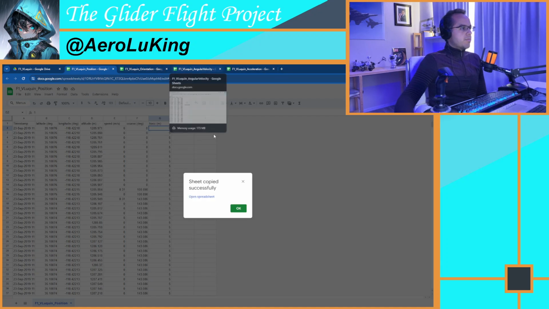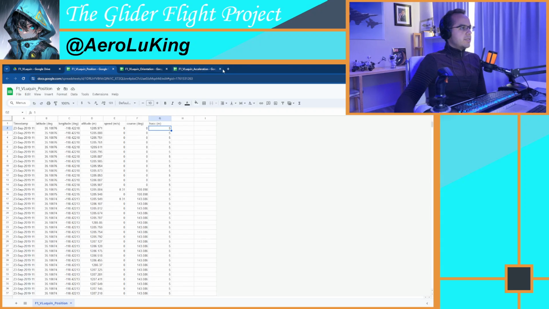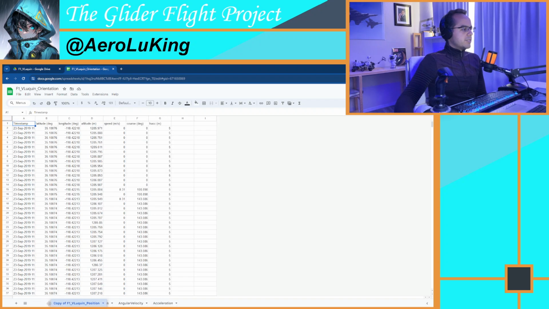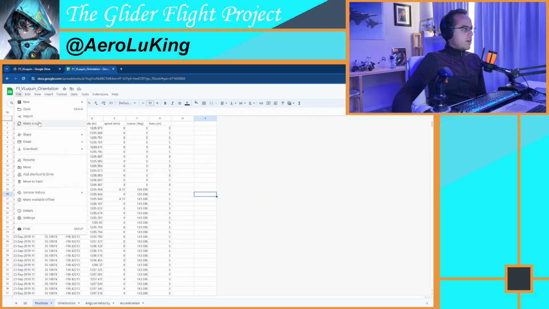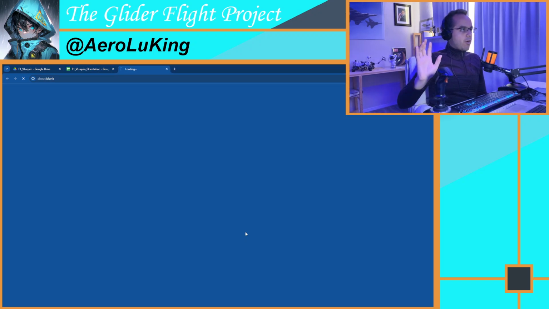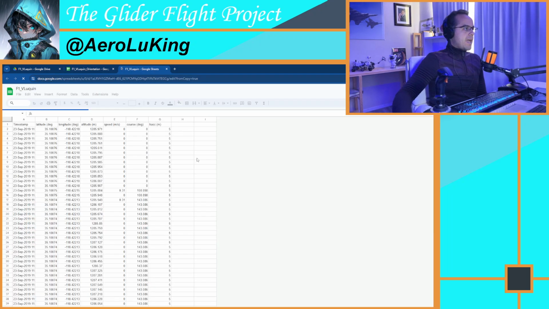As that's happening, I will probably close my other Excel sheets as I don't need them. Again, they automatically save. You'll see it, it's here in the bottom. I'm just gonna drag it to the beginning and I'm gonna rename it, make a shorter name. Again, it's a position file and I already know it's my data. And now I'm gonna make a copy before we start messing with it in case we make a mistake. So I'm gonna make a copy of the data and I'm just gonna label it again, my flight number and my name, so I know it's mine. But now we have all the information we've collected from our cell phones, from all the sensors, in one Excel file or one Google Sheet file, and we can start